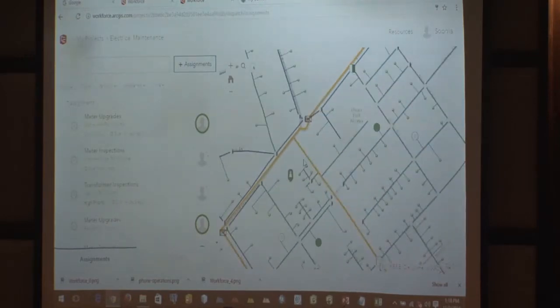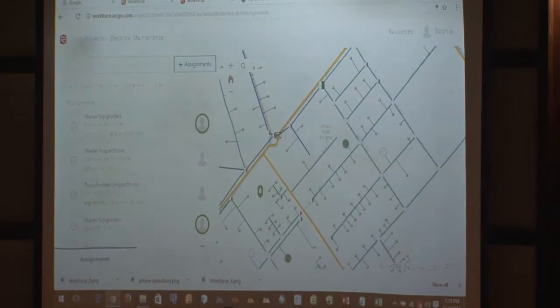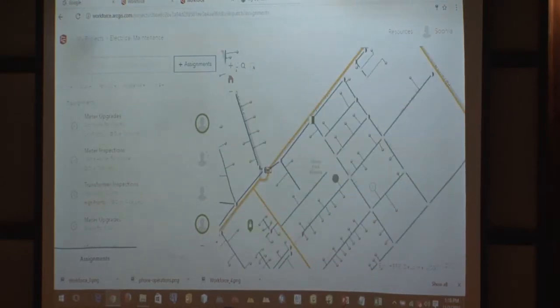Okay, I have just been informed that there was a blackout somewhere around the area. We are around this area, and I want to know if there are transformers around the area so that I assign the assignment there. So how do I know this? You can use this identify features in that area. So once you click that,